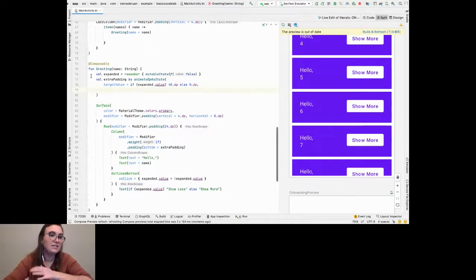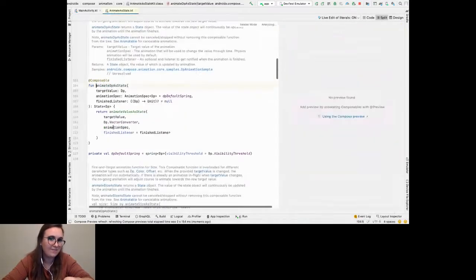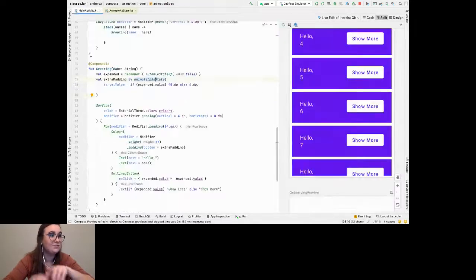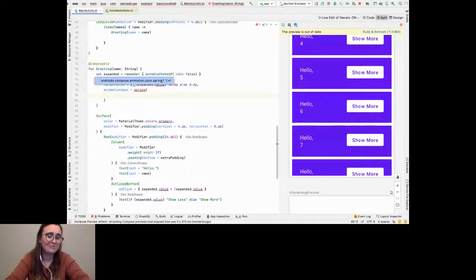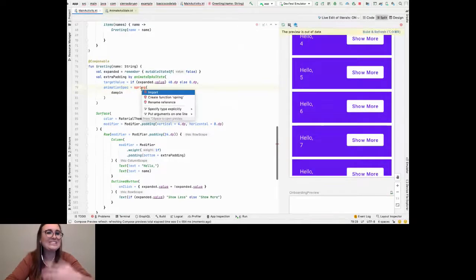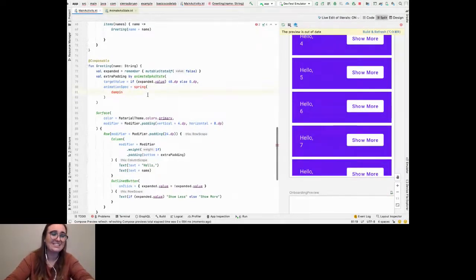And so if you click into animateDpAsState and look at what you have here, you have this animation spec. And so that can give you some different options to tell it how it should animate. So let's go ahead and add an animation spec. And we're going to use something called spring. And so it's going to behave like a spring. If you've done any physics, I have a background in physics, so I think this is really cool. You can set those variables that you might have studied in a physics class somewhere along the way. And so we can do a damping ratio equal to Spring.DampingRatio